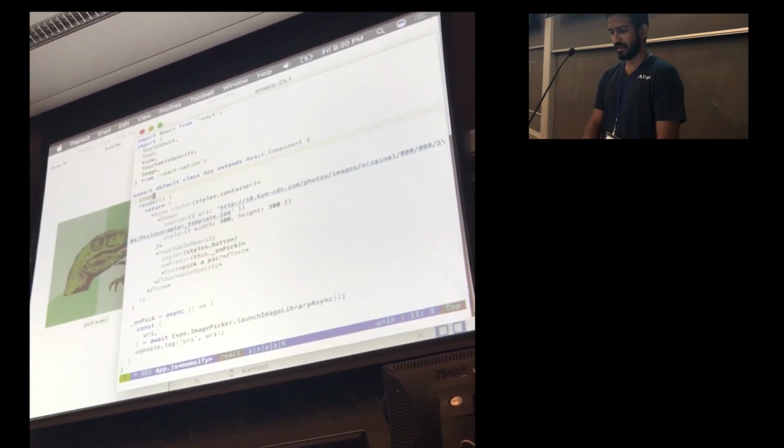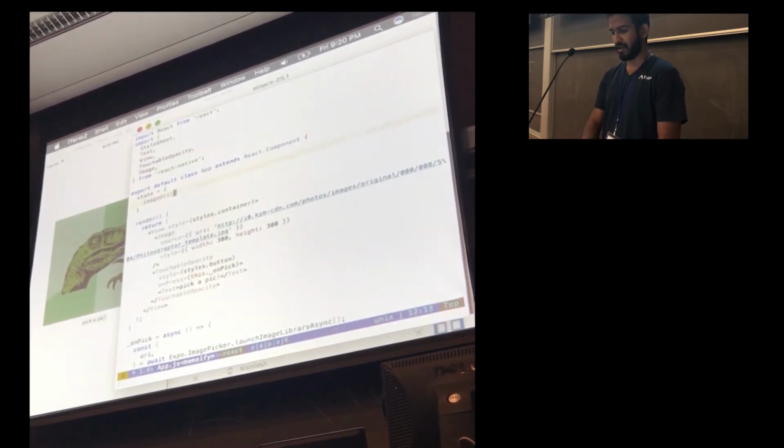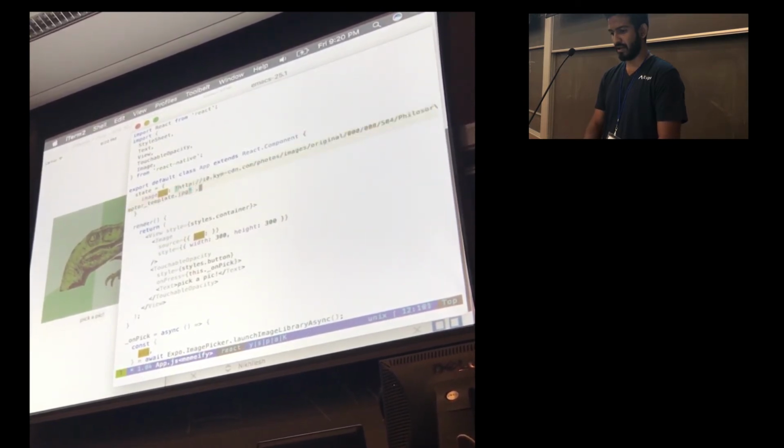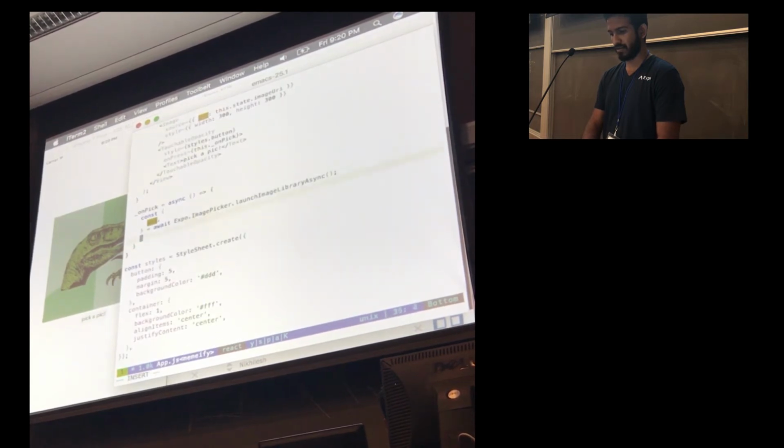So what I'm going to do is, this is a React thing, but you can have state inside your component. And then I'm going to initialize this image URI to that. Go here, put that there, and then use it there, and set this to